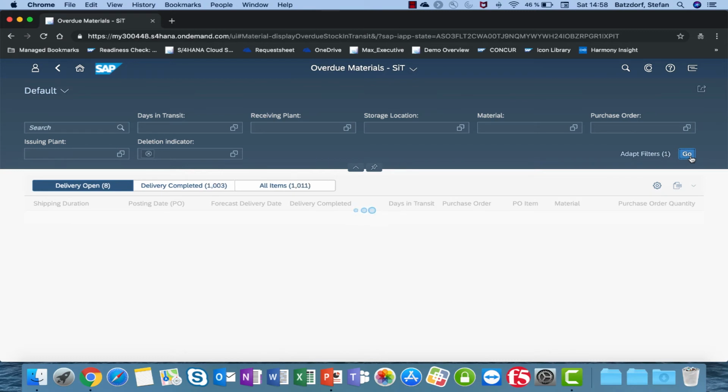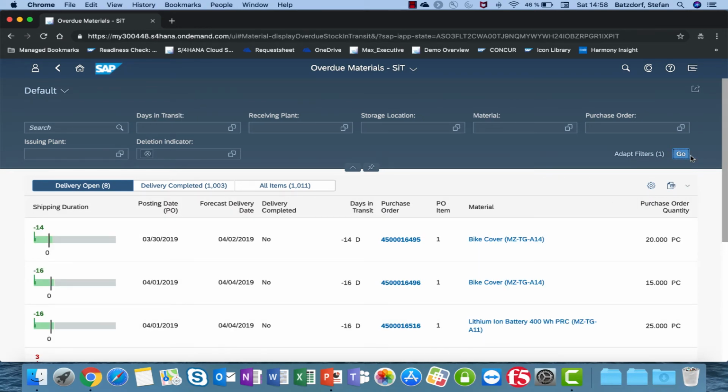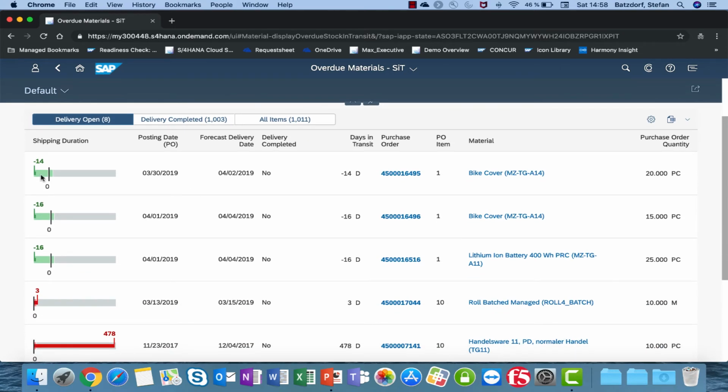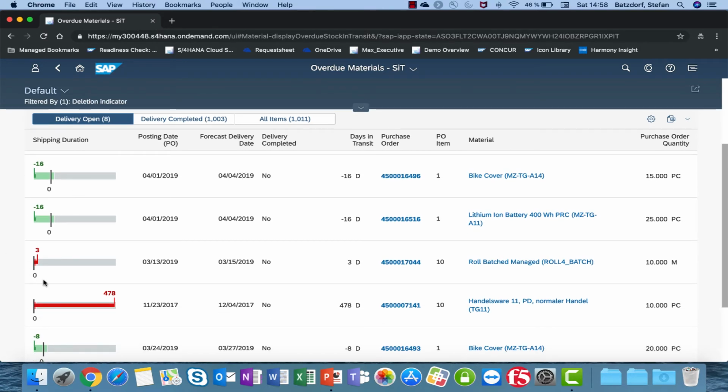And here we also have the overdue materials, stock in transit, an application that uses predictive analytics in order to monitor all goods movements inside your company, either intra-day movement, intra-warehouse movement, intercompany movements, or movements towards your customers. The application monitors all open deliveries and forecasts when the item will most probably hit the warehouse. And if it hasn't hit the warehouse, for example, this one is roughly about 500 days overdue now,